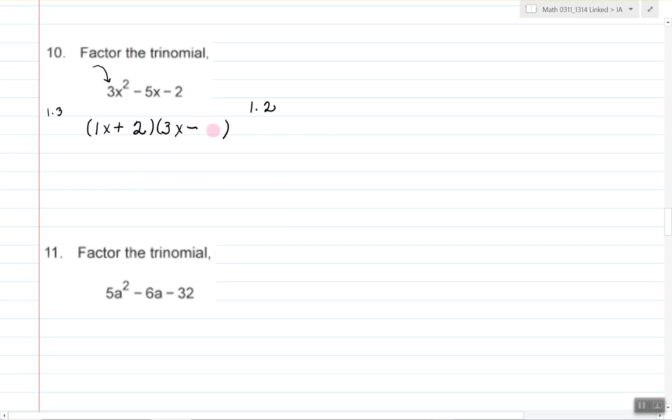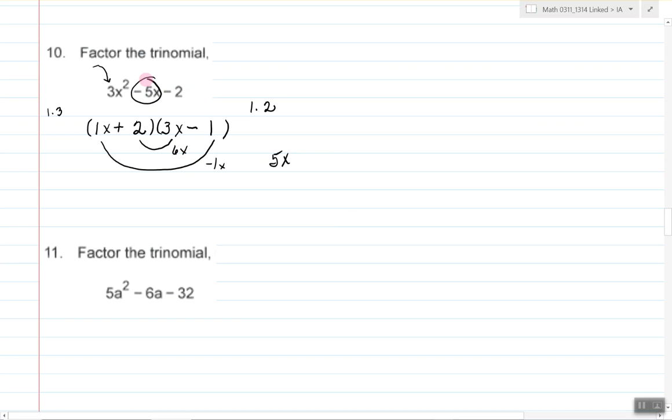So now I'm going to put the 2 first and the 1 second and see if that makes a difference, and if so, is it correct? Now this 1x is lining up with the negative 2. That gives me negative 1x. The 2 is now being multiplied by the 3x. That gives me 6x. 6x minus 1x does indeed give you the 5x that you want from up here, but